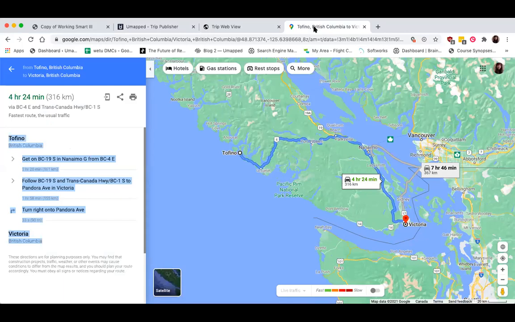And additionally, I'm going to take a screenshot of the route and then add the screenshots as photos to the note. So if this drive is particularly long, rather than taking this screenshot right here, which might not be super helpful because it's quite long, I can choose to take multiple photos and then add them to the same note, or I can even create multiple notes where each note provides a section of the directions to make it a little bit more digestible.